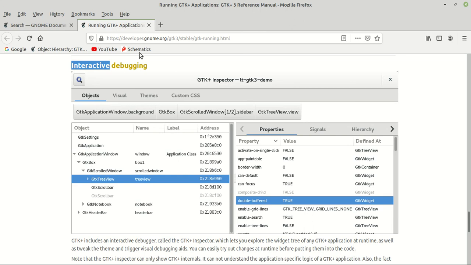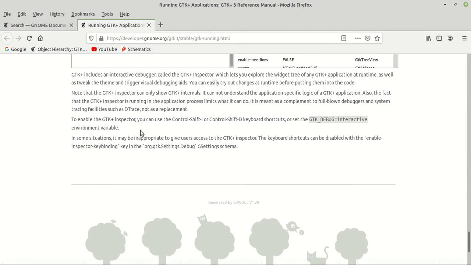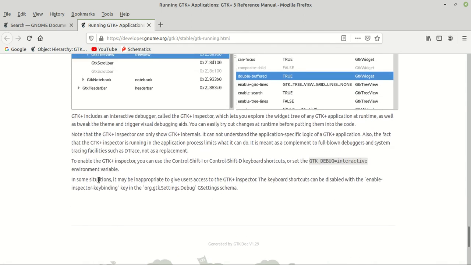So basically this is the inspector I was talking about, and I'm going to show you in a moment how it works, and how you should use it as well. So basically this is the inspector. If you go all the way down here, you get some more information, and it says to enable the GTK inspector you can use Ctrl+Shift+I.